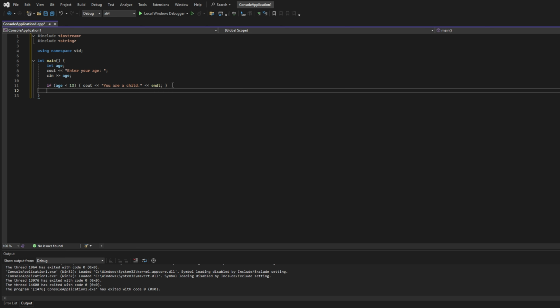Let's do that. That's another parenthesis. We're gonna say else if. I don't want it to look too messy. Else if, age, we're gonna say between